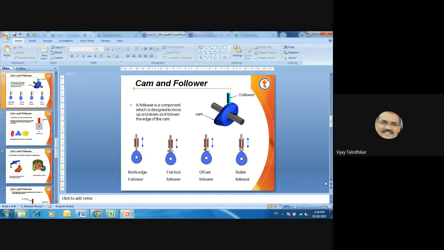This is how the number of links is calculated in the cam follower mechanism with respect to the GATE program. So I hope that you are getting how the cam is classified, what are the applications of the cam, where it is used, how cam followers are used for various applications. All things are discussed in today's lecture. I hope you understand all these concepts, and they can be used for your GATE preparation.